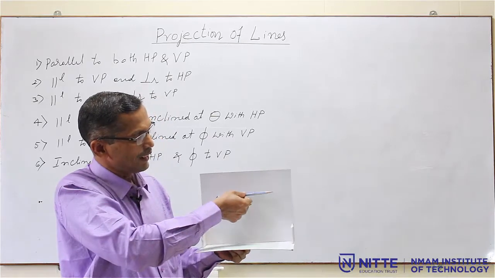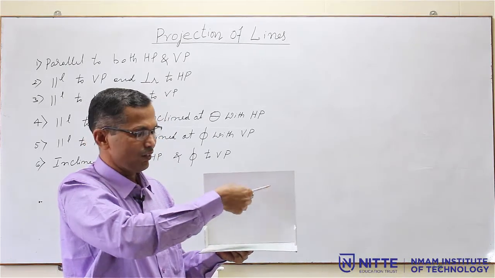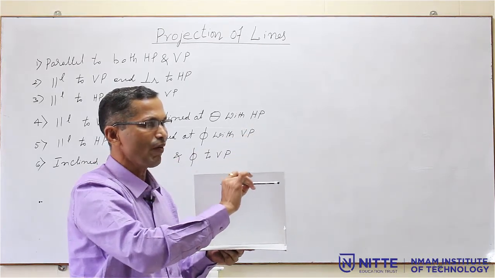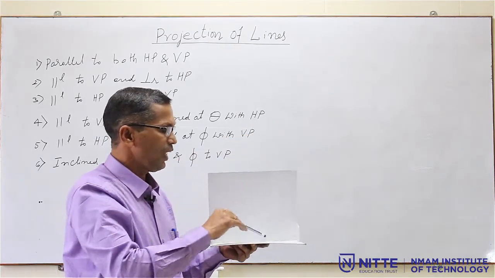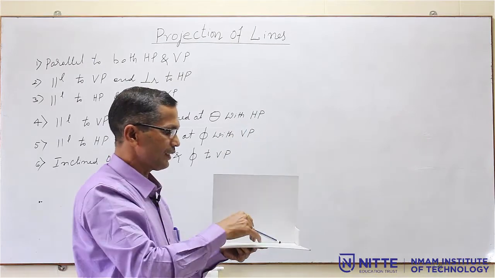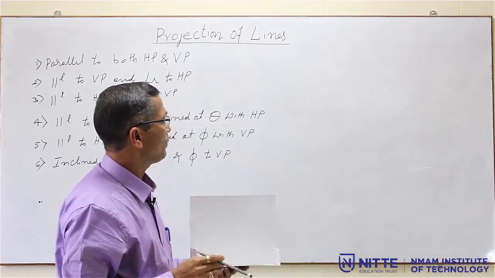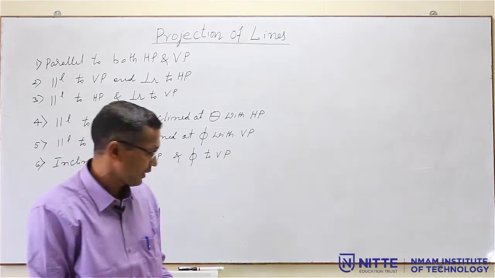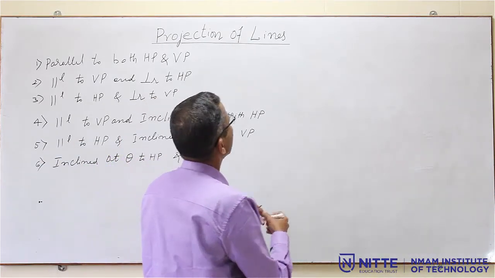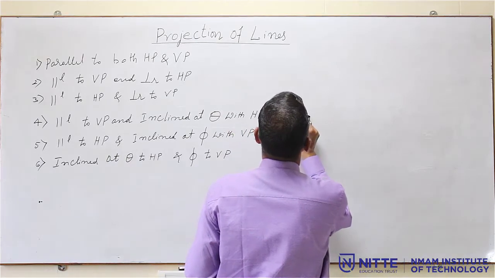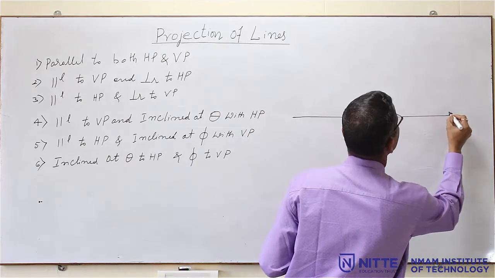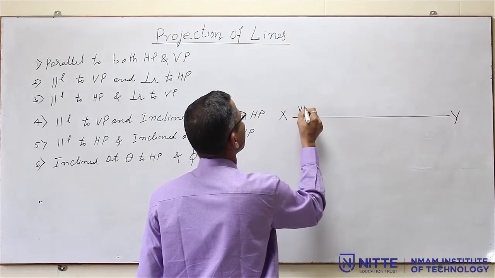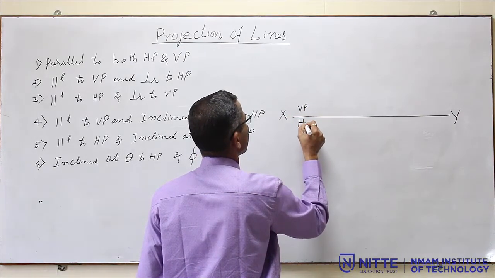Now, there is a straight line here, there is one more straight line, and in the profile plane there will be a point. Then how to convert it into 2D? This is the 3D, so we have to convert. What is that? The quadrant system. In the first quadrant, you have to draw the XY line, then VP and HP. So, this is the first quadrant.